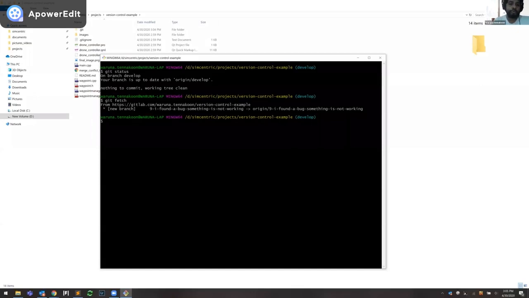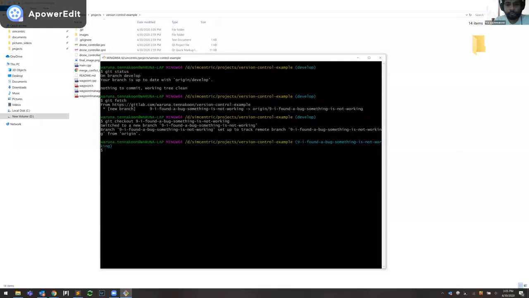So now I want to go into this branch and start working on this bug. So this is the branch name, kind of a long name because it was automatically created. So how to shift from one branch to another? Using git checkout. Right. So now you can see the prompt has changed from develop. Now it is showing the new branch name, which means that we are in the new branch at the moment.